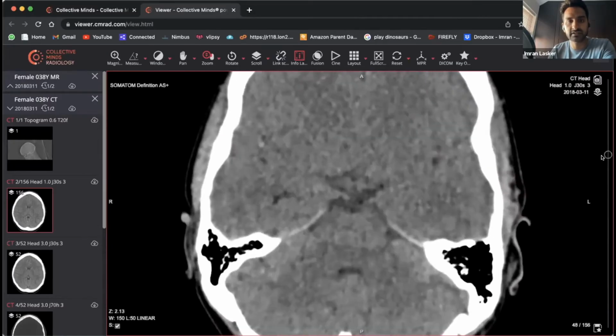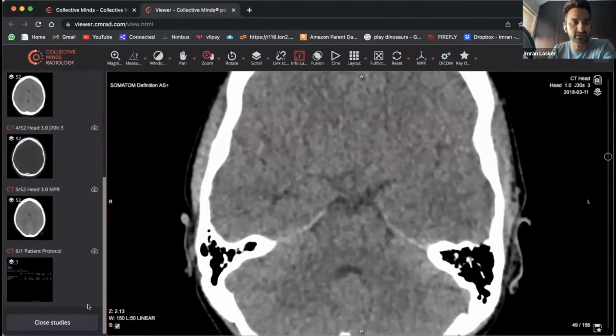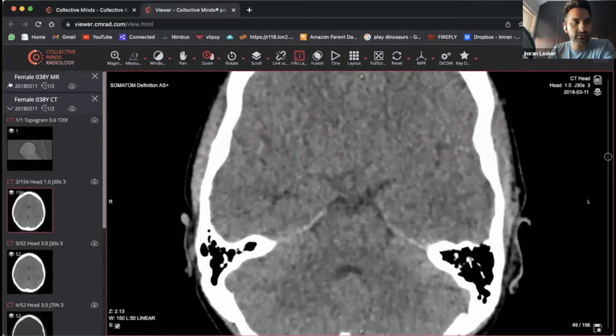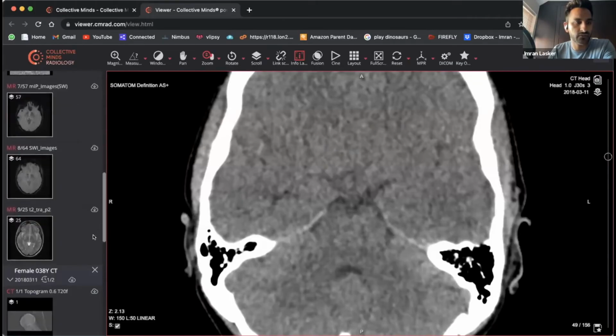And as you scroll through, you can feel as though you can see a bit of end-on vessel and then more of that vessel looking hyperdense going along that way. But on this side, it looks completely fine. It doesn't look like there's very much going on. And then, if I remember correctly, we do have the MRI scan for this patient. We will go straight for